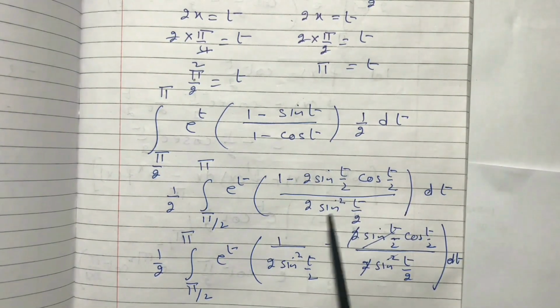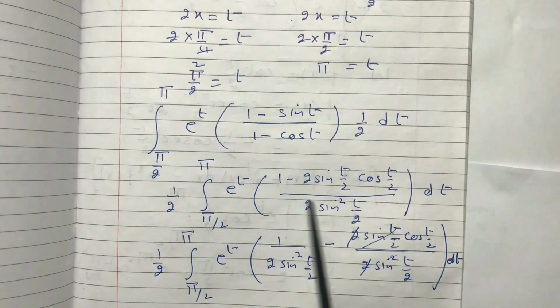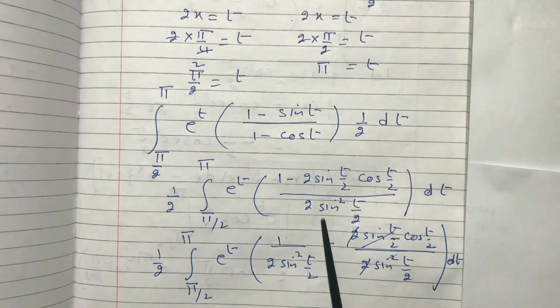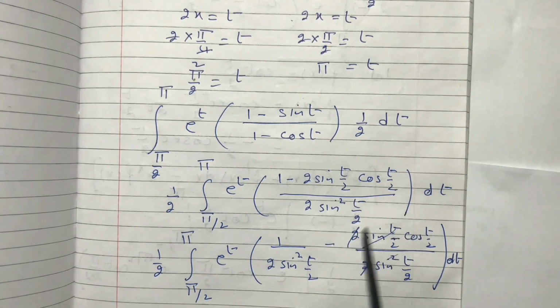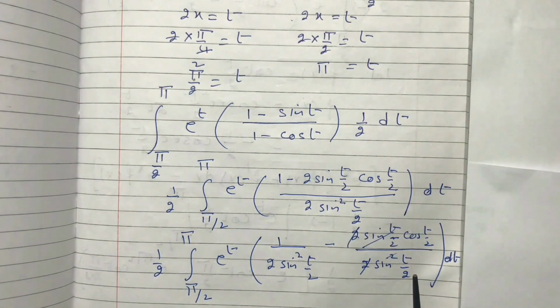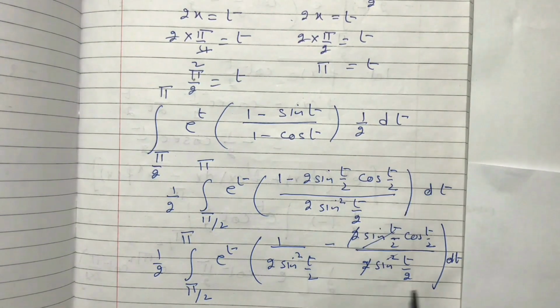And 1 minus cos t is 2 sin square t by 2. Now you can write it as 1 upon 2 sin square t by 2 and 2 sin t by 2 cos t by 2 upon 2 sin square t by 2. After cutting the common terms, we will have